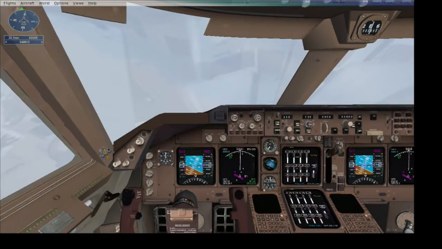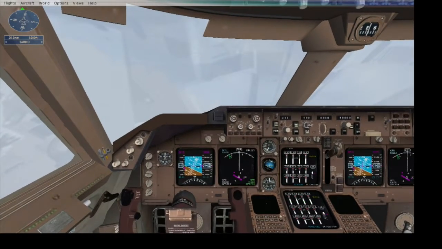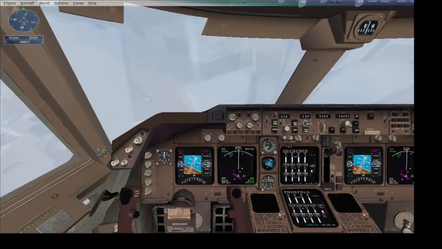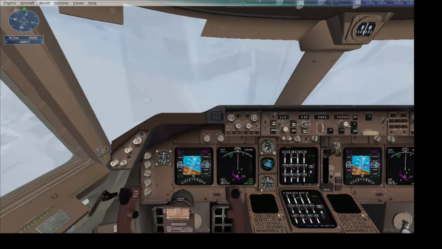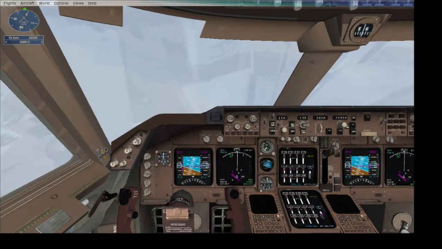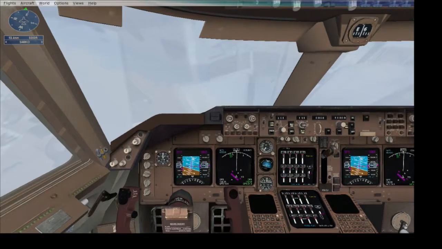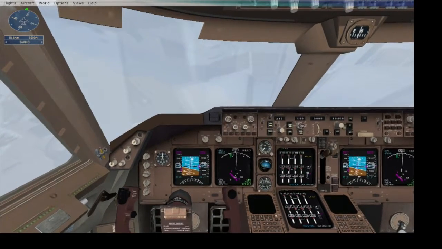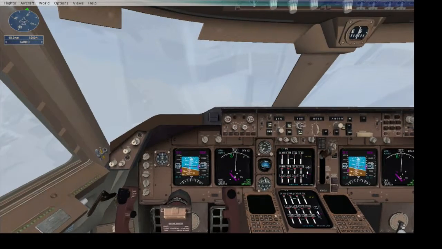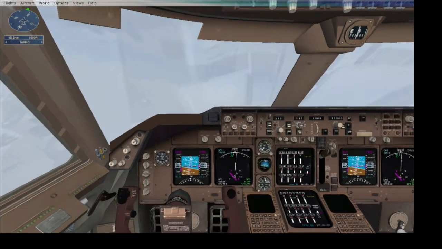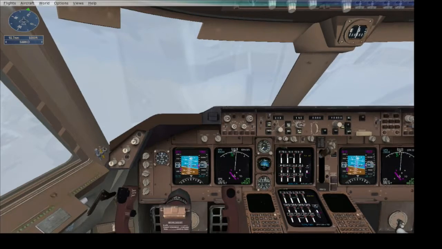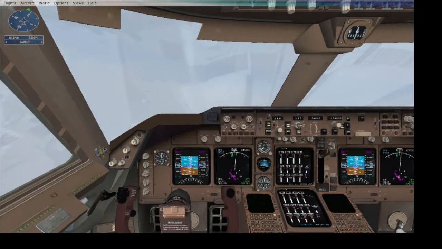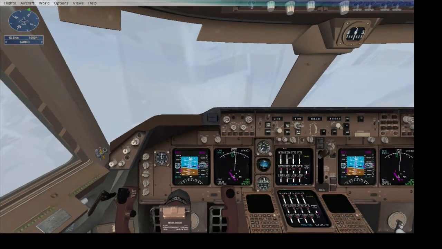Once you understand and apply these skills on this plane, what I plan to do is eventually make videos on different aircraft, different types of scenarios, so you understand the concept behind an ILS and how to do a perfect ILS landing and what steps you take in order to land the plane. I think FSX puts this mission under about